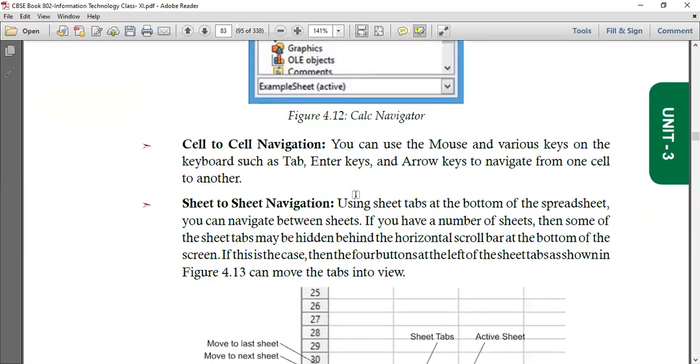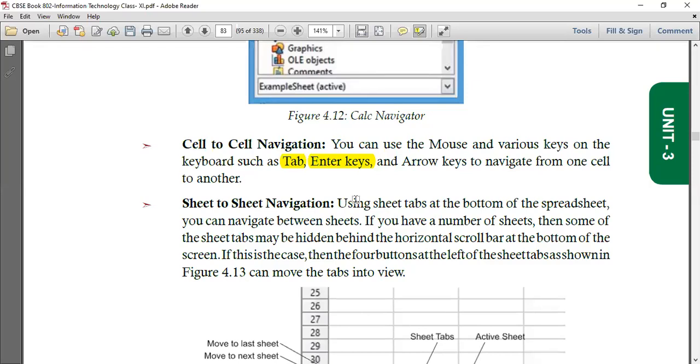Then, how we navigate from one cell to another cell. That can be done with the help of the keyboard. You just click on Tab. The moment you press Tab, you'll move from one cell to the cell which is on the right side of it. So you will keep moving right with the Tab key, or if you use the Enter key, you will move downwards. Okay, with Tab you'll go to the right side, and when you press Enter you'll go downwards. So the cell which is active, you'll go to the cell right below it, and you keep on pressing Enter, you keep on going down.